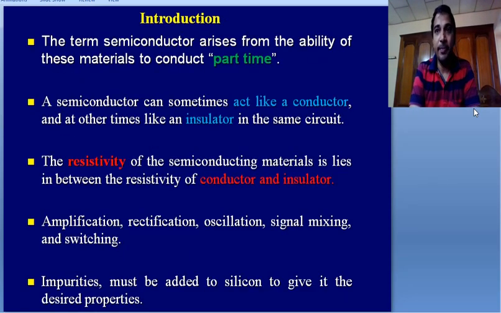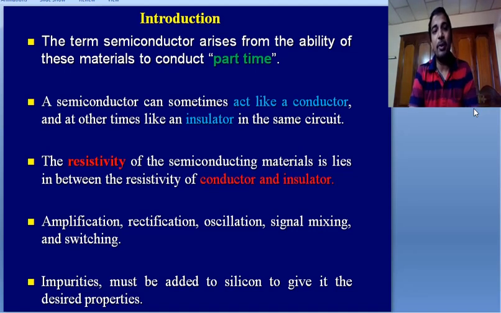Introduction to these semiconductors. Tell me, what is the use of these semiconductors? Why do we need them? We have conductors and insulators. Conductors easily pass the electricity. Insulators won't pass it, they stop it. Conductors are there to pass electricity, and insulators are there to stop electricity. Why do we need this third one, the semiconductor?